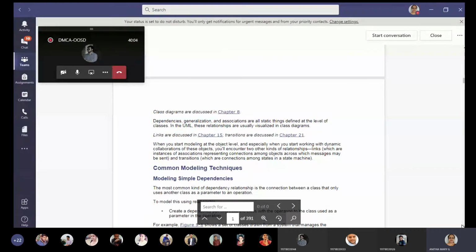So what are links and transitions? I'll just tell you. A link is nothing but the relationship or the connection, the association, whatever you give between two objects. Objects are instances of classes. When objects are connected using an association, at that time we don't write it as association, we say it as link. Okay, please remember this point. Two objects are connected using a link, L-I-N-K, link.